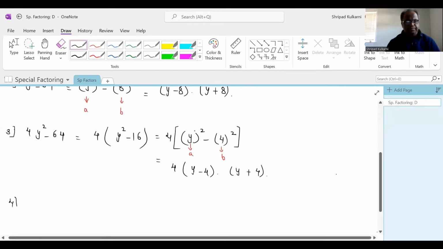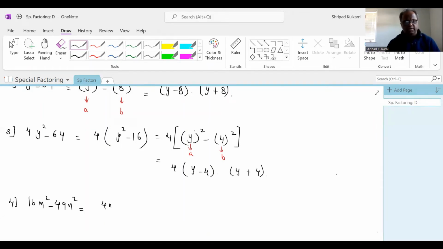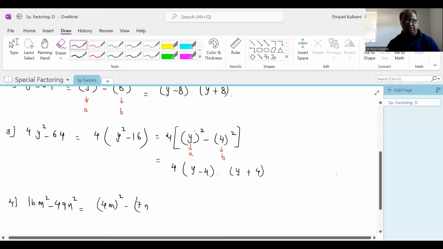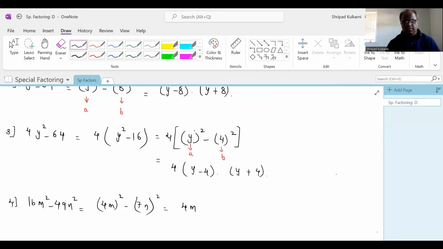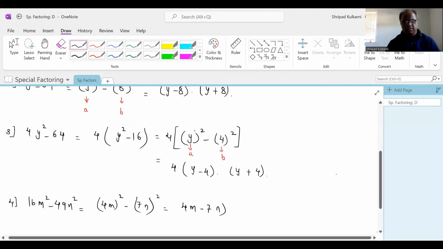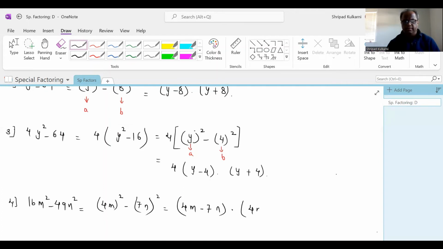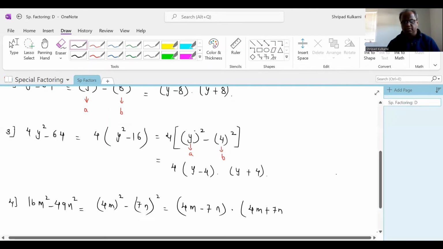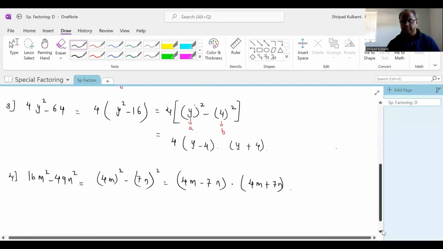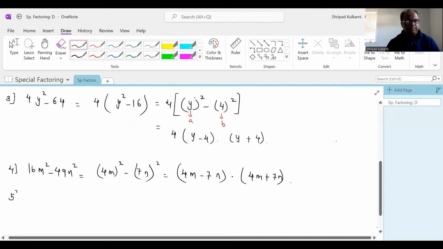Number 4. Number four is 16n square minus 49n square. This is simple, I can write 49n square like this. It will be 4n minus 7n and 4n plus 7n. Number 5 would be